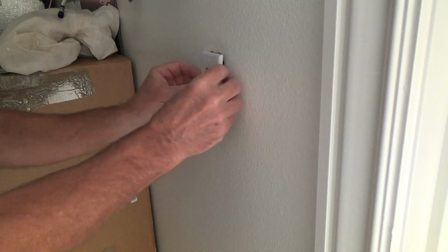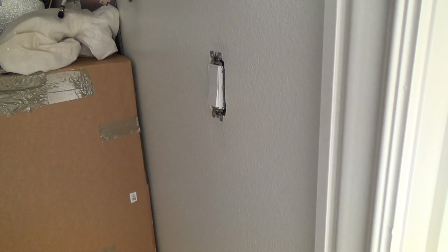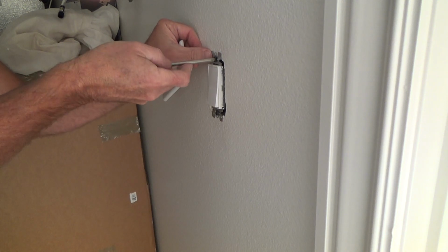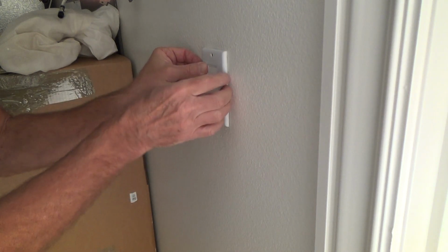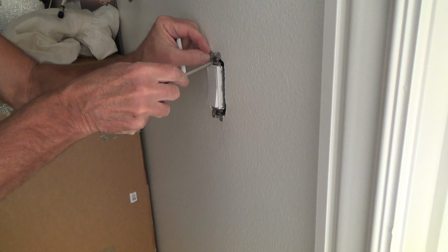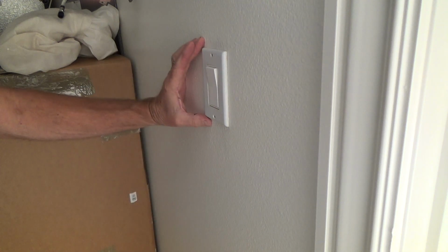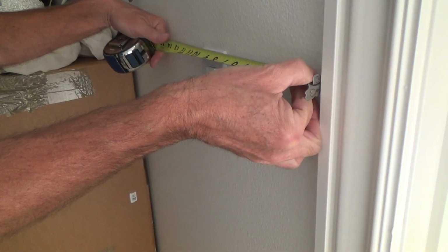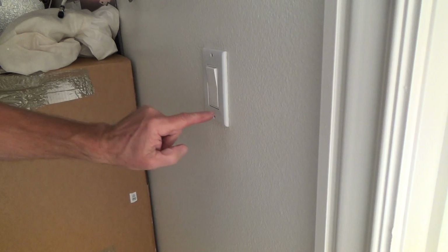Now I'm going to hold my cover on there, and I want it flush, and it looks like I've got to loosen this up a little bit, just a hair, because when I tighten down this, I want this edge to be flush. Okay. Hold that up there. Look and see if it's straight, if you have to, and if it's next to a door jamb, you can measure it. 7 3/4, 7 and a short 3/4. So this bottom would have to come